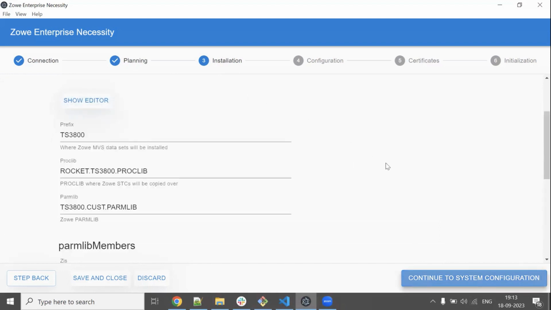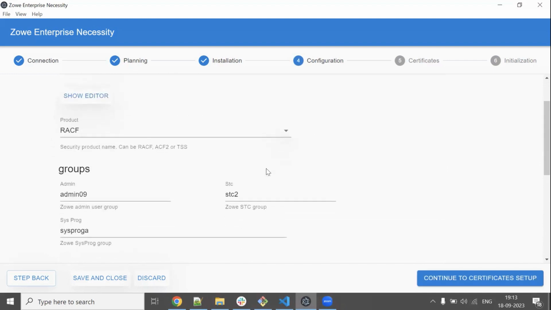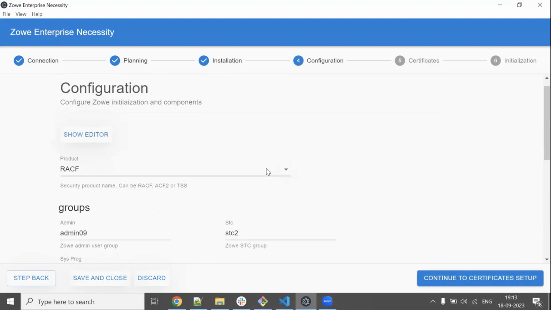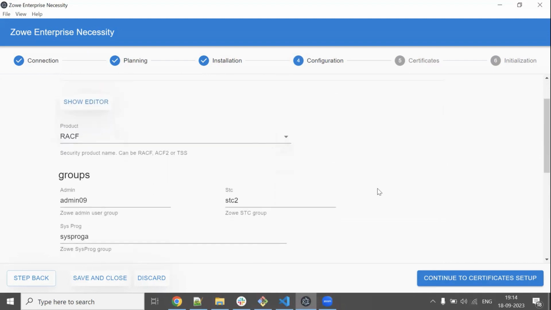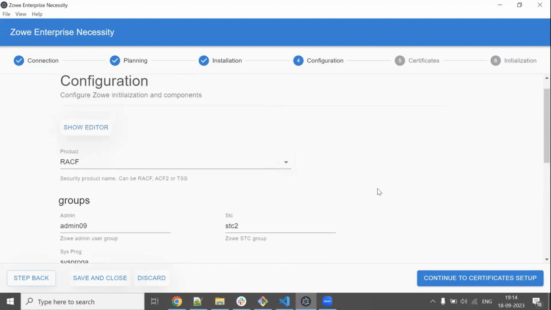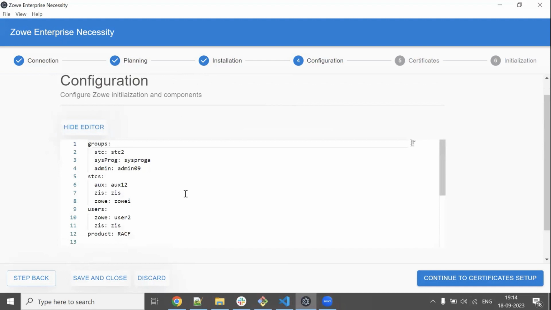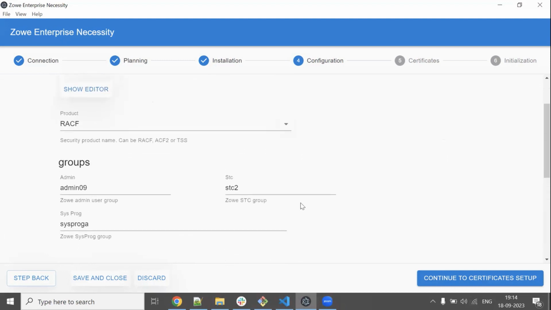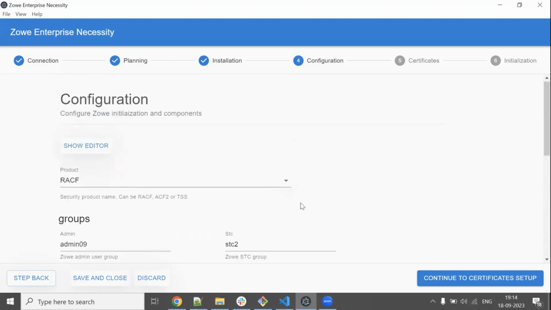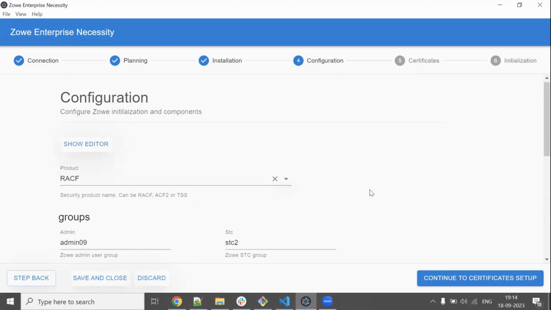The next one is configuration. Currently in the configuration, we have the security configuration, but we are planning to add more configuration, basically all the configuration that goes into Zowe.yaml. So here as well, the same thing goes like the installation step. We have the editor. User can choose to fill the form or paste the pre-existing YAML in the editor. And this is also dynamically generated. So for example, if there are any changes in the schema in the future, it will be reflected here